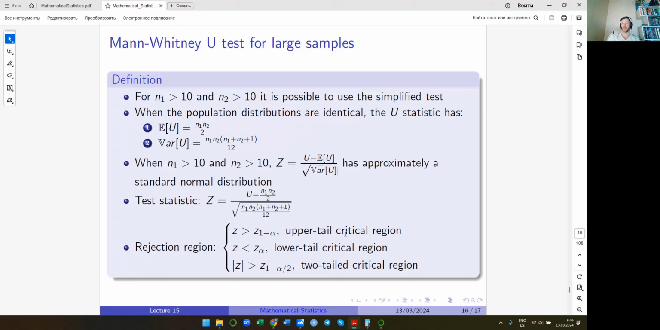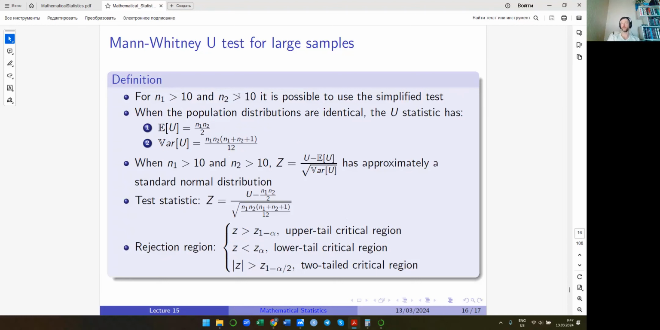For the upper tail critical region, z should be greater than the 1 minus alpha quantile of the standard normal distribution. For the lower tail alternative, z should be less than the alpha quantile of the standard normal distribution. And for the two-tailed alternative, the absolute value of z should exceed the 1 minus alpha over 2 quantile of the standard normal distribution. Again, you are able to apply this approximation and simplification only when the sample sizes are greater than